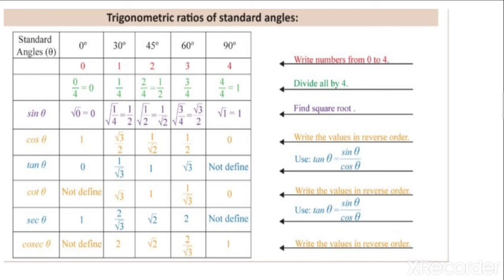Cos's opposite is my sec. Just whatever the cos values are there, you put the reverse value, reciprocal values over there. And tan values are known. So tan reverse is cot. So the reciprocal value of tan will be put in the cot. It's as simple as this.